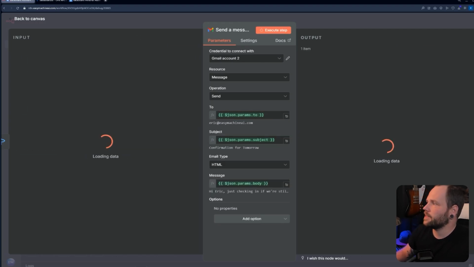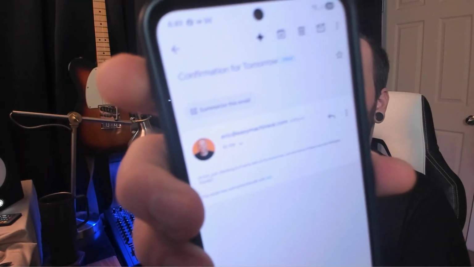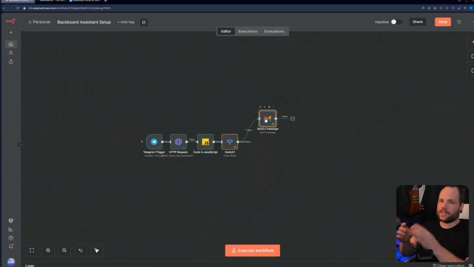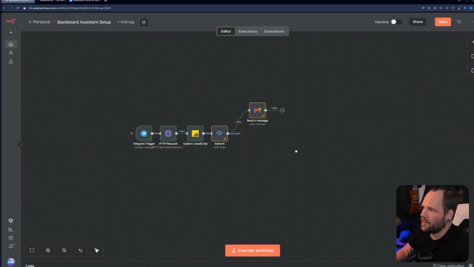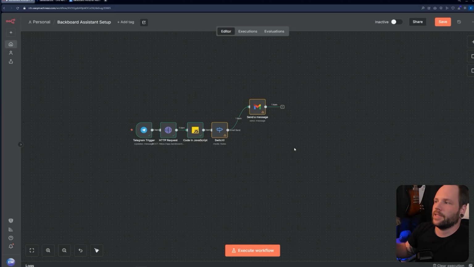And if I go execute step, I just got an email. Let's do this. There. I don't know if you can see it. It's loading up. That's me sending myself an email. Done. Awesome. Right. So it takes that natural language request. It parses it out into the right tool, the right task with all the pertinent information. And that's that. So the next thing we need is, this is where it gets a little bit tricky, but